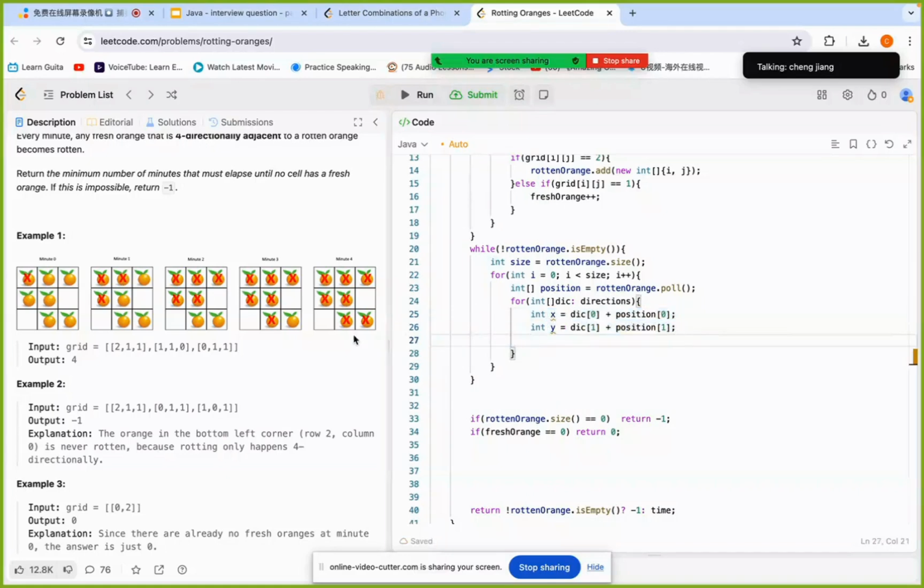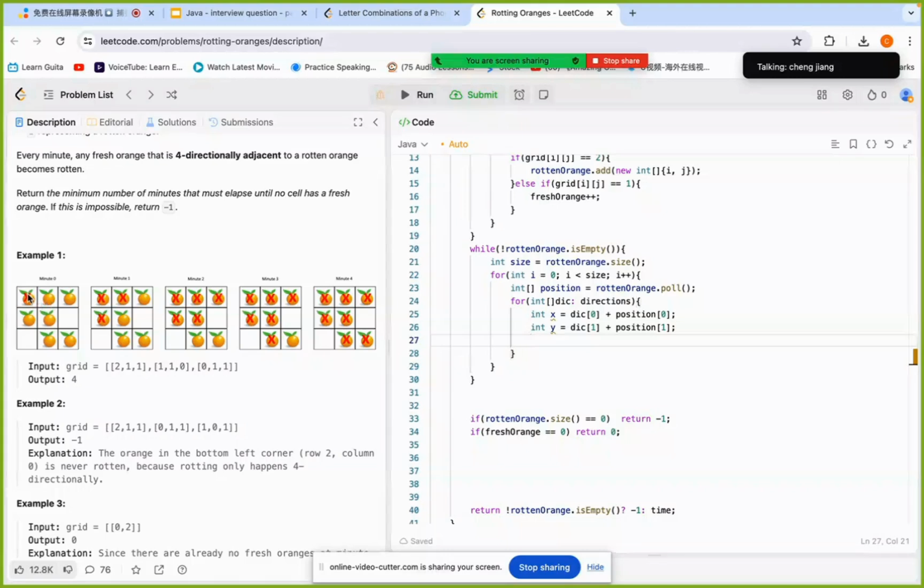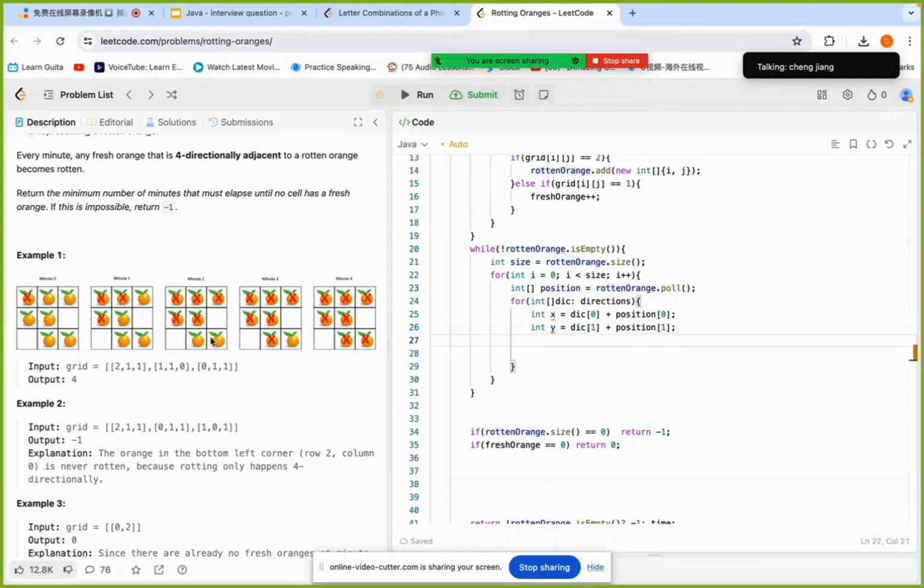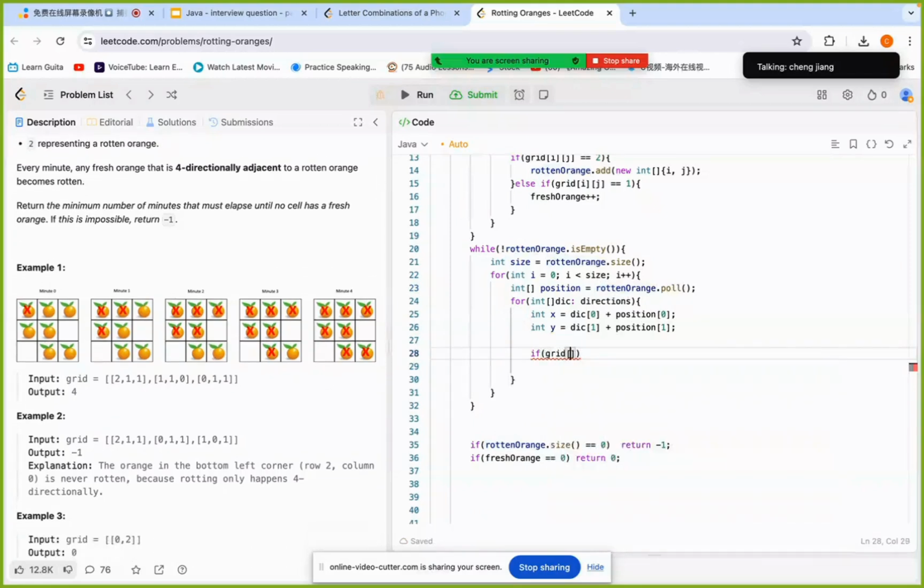Now we need to do one thing. Here is the queue size. Now pop the first one. Now we need to check. It should be 1 in the grid. The x should be greater than or equal to 0, and y greater than or equal to 0, and x should be less than